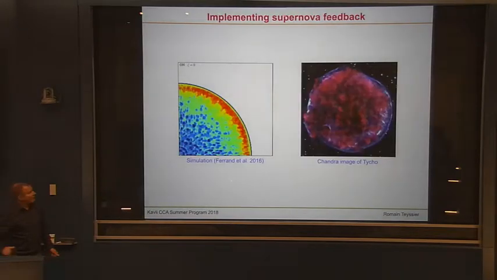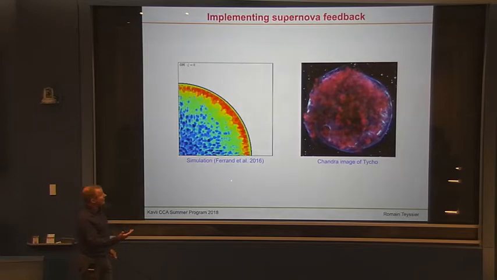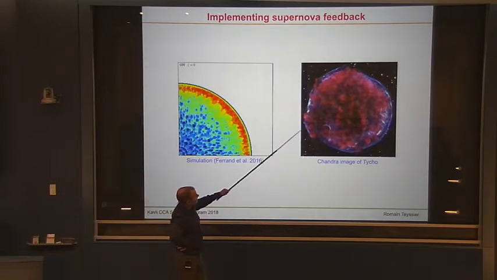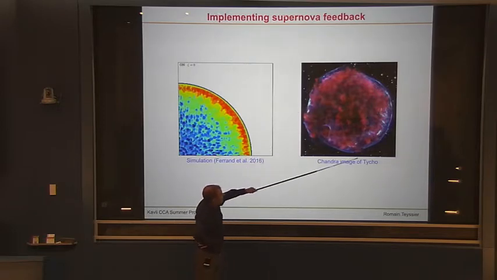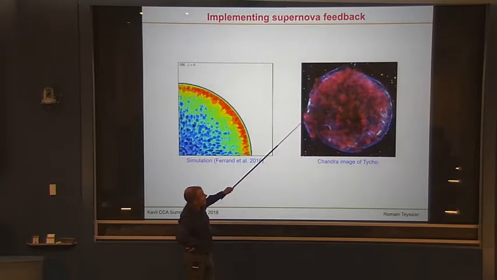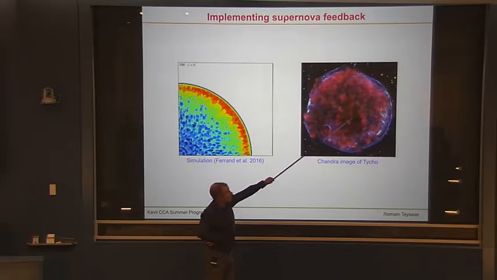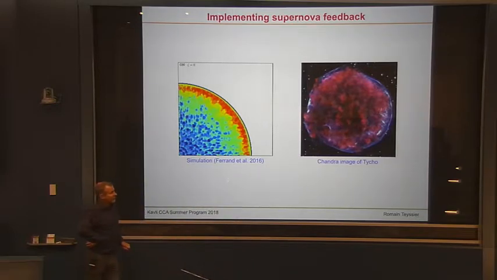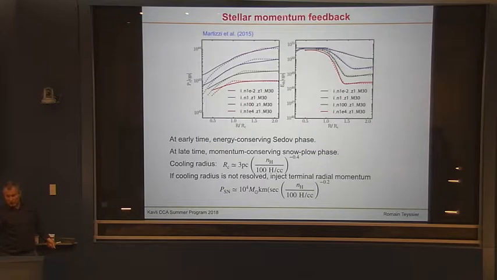So briefly, how do you implement supernovae feedback? It's a very challenging task, right? Because supernovae are complicated objects. That's a nice Chandra image where you see those shocks here in blue. Actually, in white, those are relativistic particles. So you have a lot of particle acceleration. And then you also have a very complex geometry here in the middle. So these are very complex objects to capture. But just to quickly describe how we can do it.